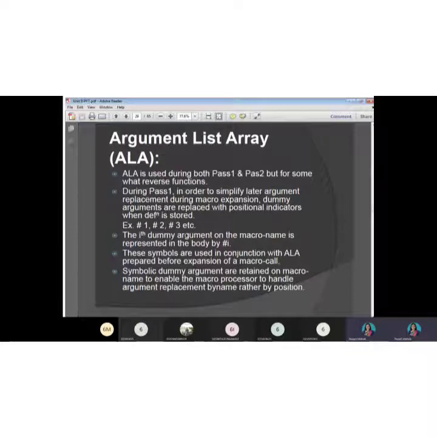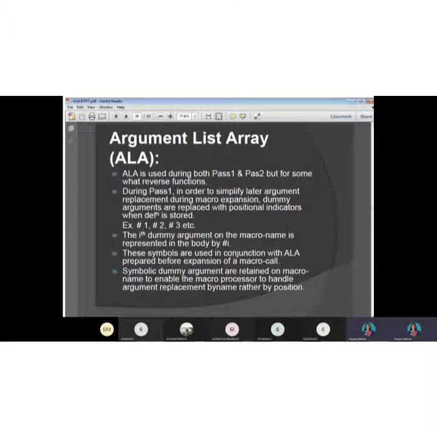The ith dummy argument on the macro name is represented in the body by #i. These symbols are used in conjunction with the ALA prepared during expansion. So during expansion, that is in pass 2, the pass 1 ALA is used.